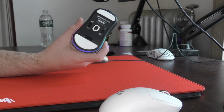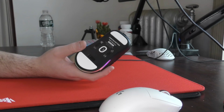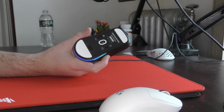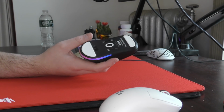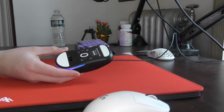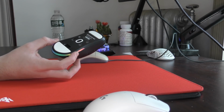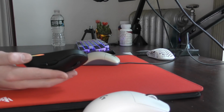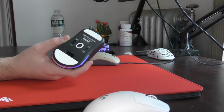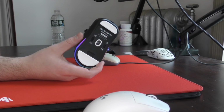I couldn't really notice any motion delay, like nothing comparable to the MM731, but it does seem like there is a slight floaty feeling that could be caused by polling rate inconsistency, so I'm not exactly sure. But basically the sensor implementation is not completely flawless, and there might be a handful more milliseconds of motion delay than more premium wireless mice. If you aren't susceptible to minor sensor issues, it will be no big deal, but I think it's worth mentioning because it's something Gamesense could easily look into and maybe improve on in future batches,